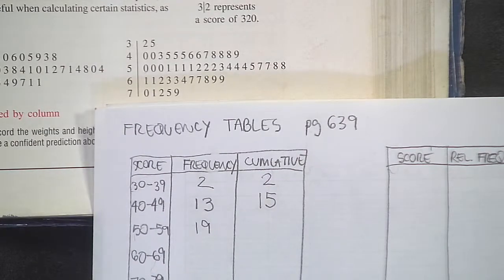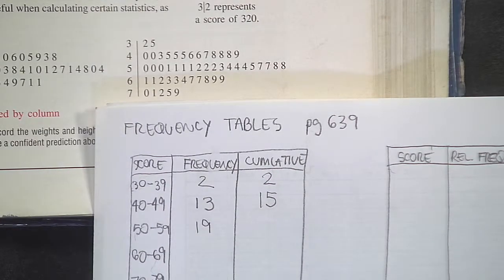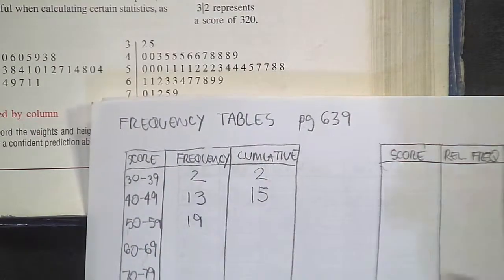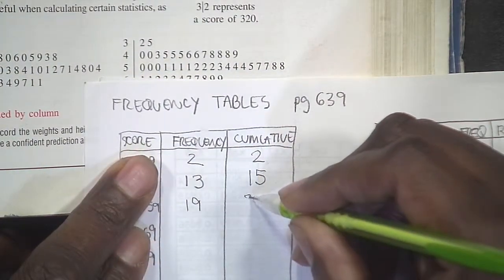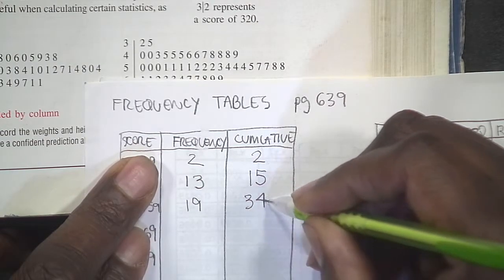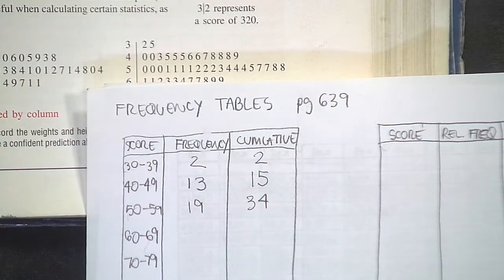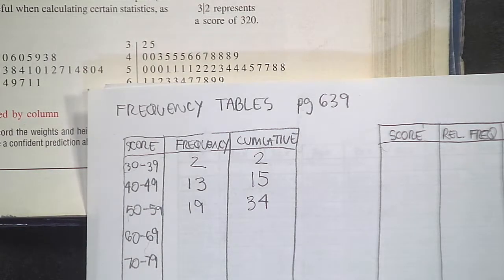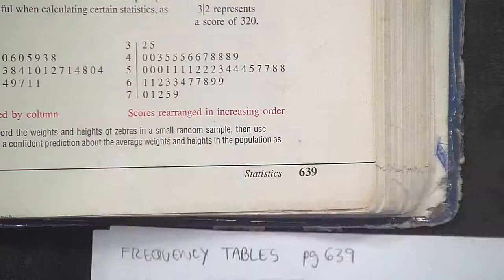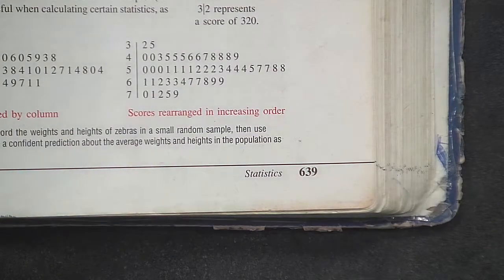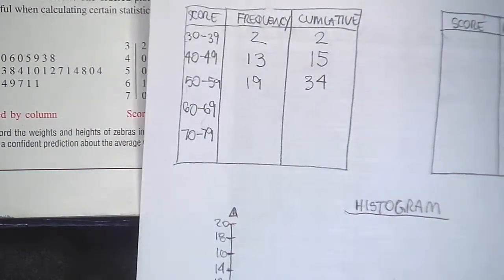All right? 19 people. And then the cum would mean adding 19 to that. And I think that'd be 34. All right? 34 scores have been tallied up to this point. And then to complete this frequency table,